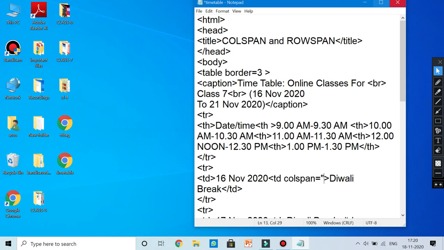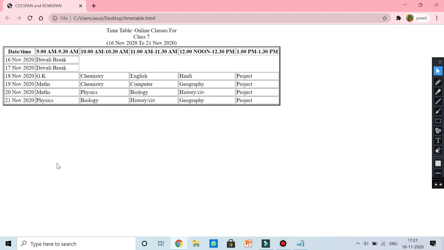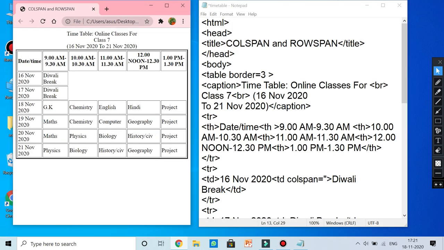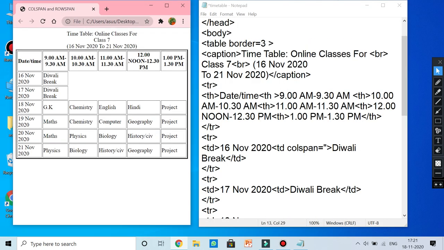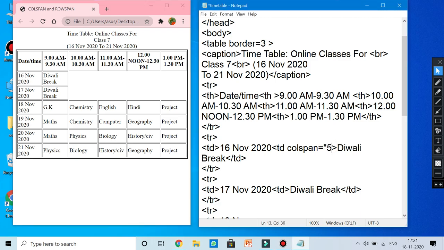Let us see once more how many columns we want to merge. So 1 2 3 4 columns, and including this also we will take, because this cell is going to merge with the rest. So here we can take 5 columns.